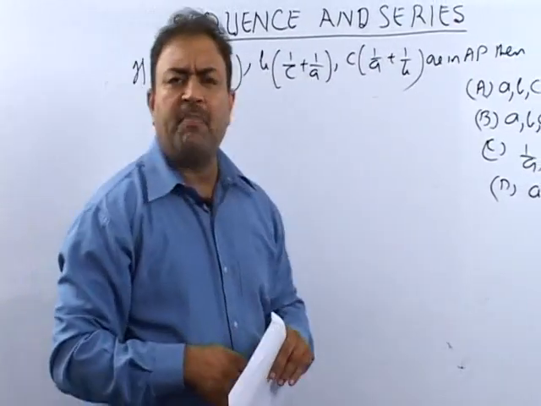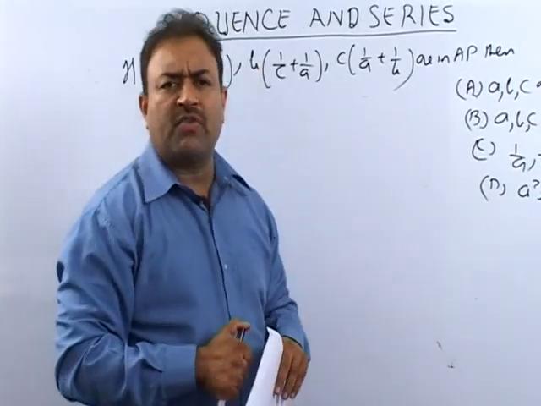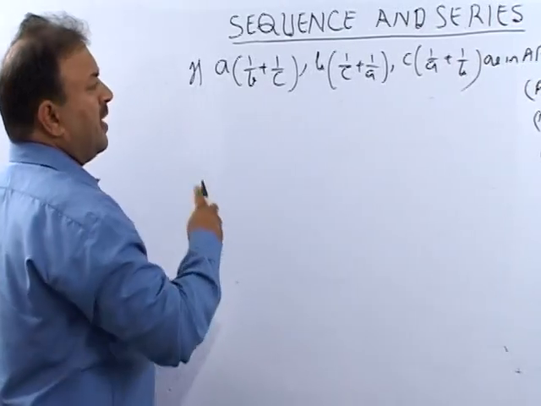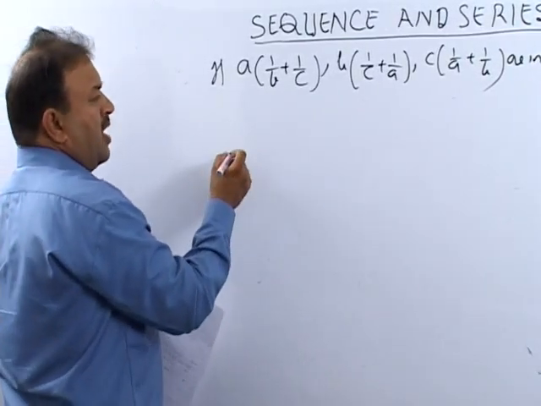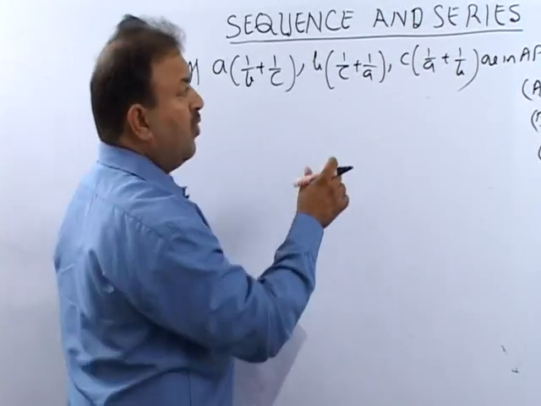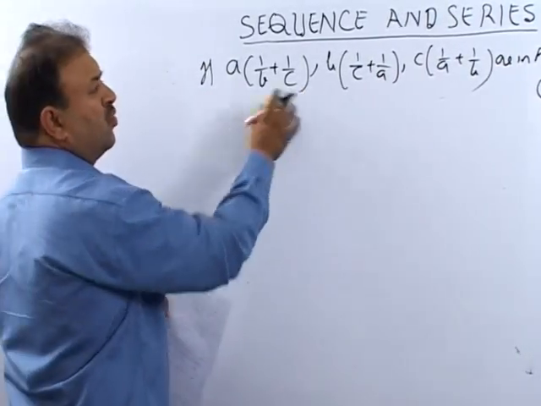This is a question I have picked up on my own. This is not a part of our booklet. Here I am doing this sum based on one property. We have done it; I am writing the property once again, repeating it. After that I will rub it out. Then we'll do this sum.